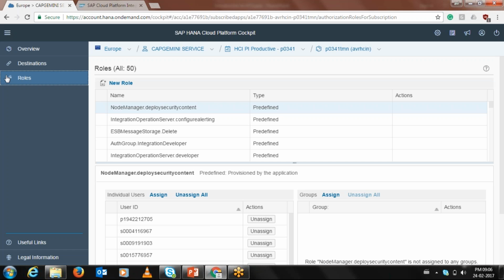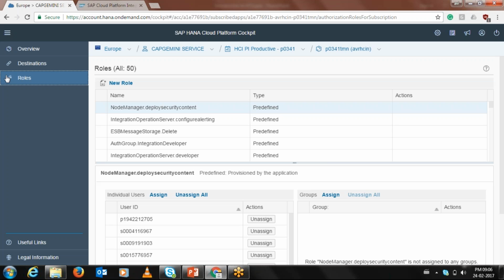Under these roles, you can assign a user ID. There is an option to assign user ID, as you can see on the screen. You can directly go to that role and under that assign a user. I am not the administrator, so I cannot assign a particular role to a user, but I can view the roles of different users.